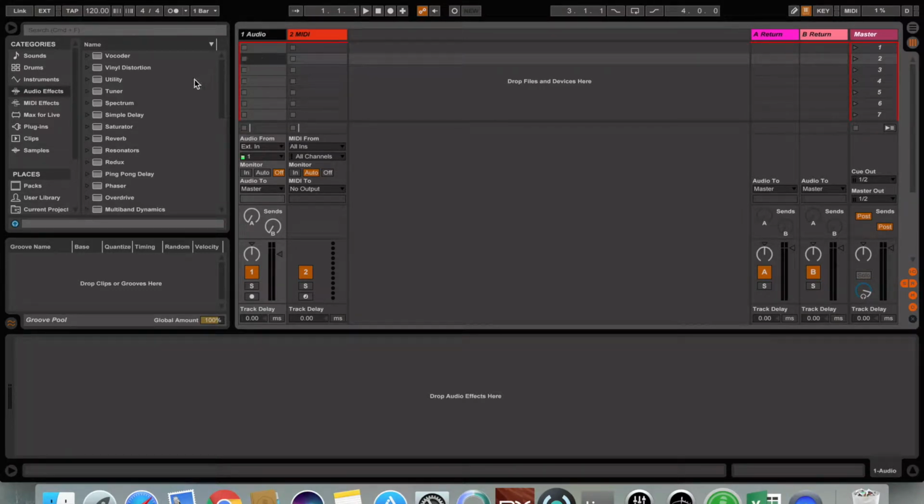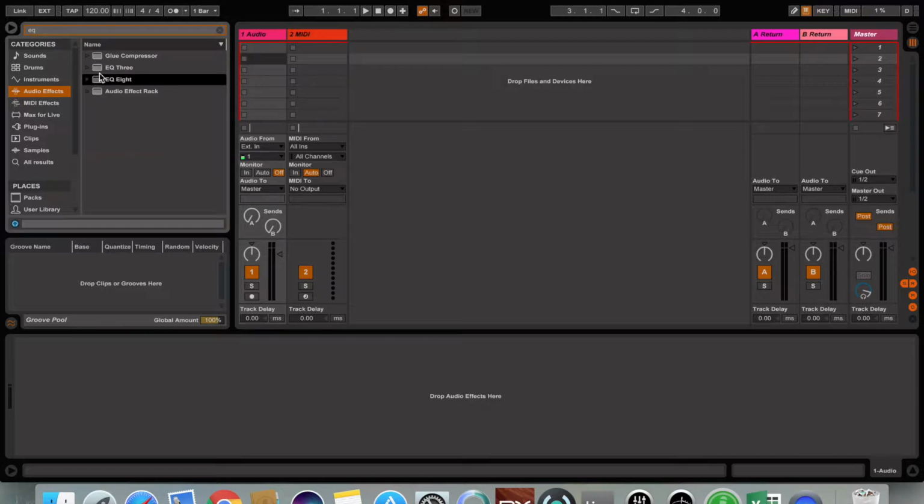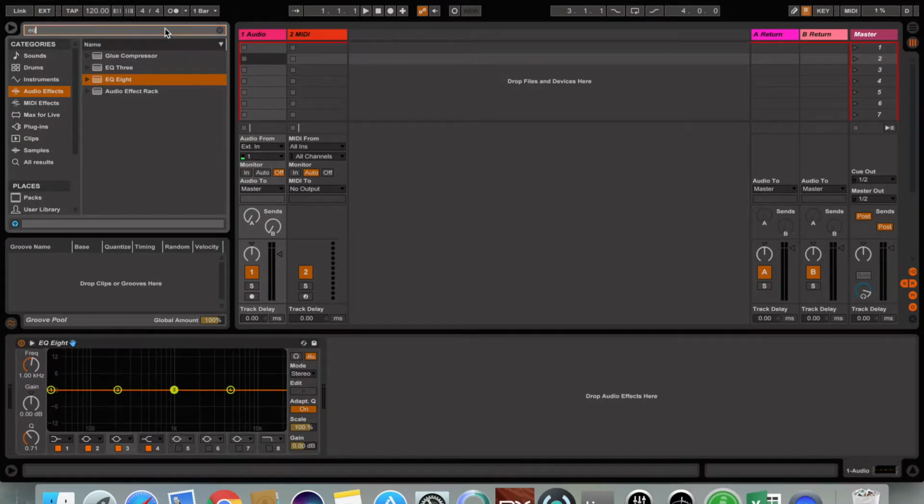Usually, in all my tracks, I have an EQ. I think that's a standard. I mean, you need it. I tend to use EQ 8 because of more flexibility, and I drop it here. And also, I use utility